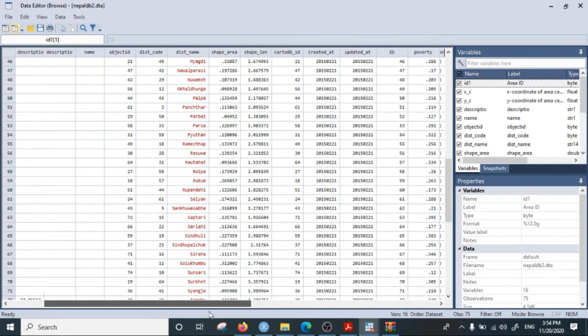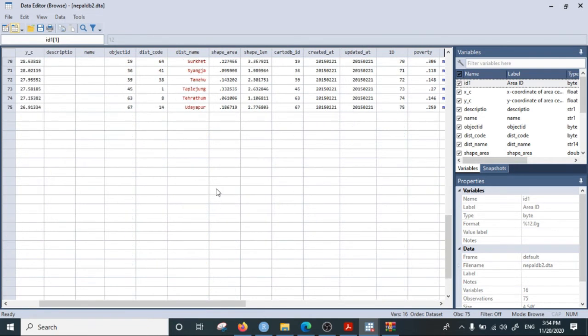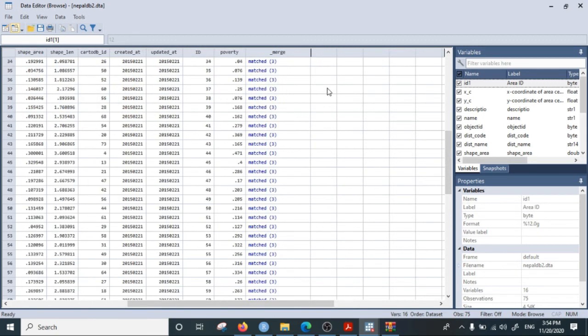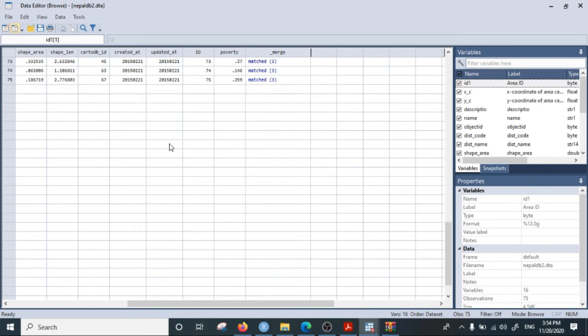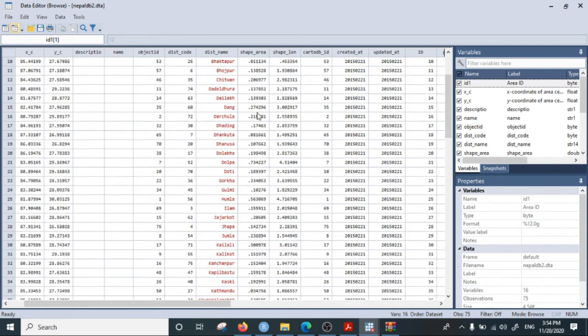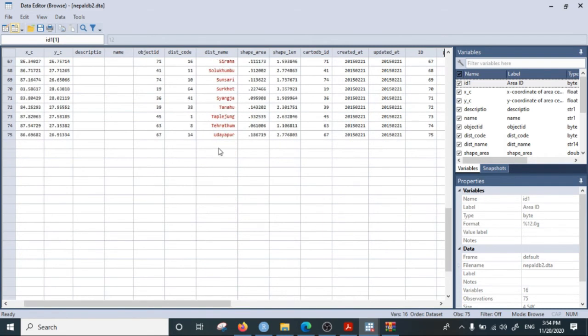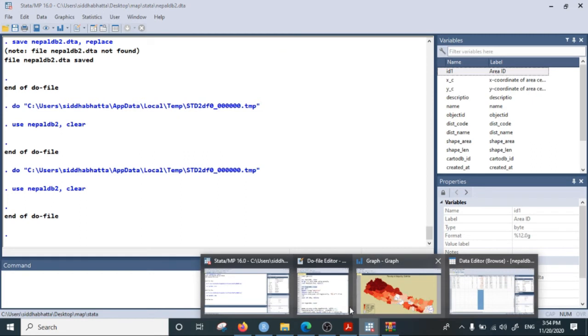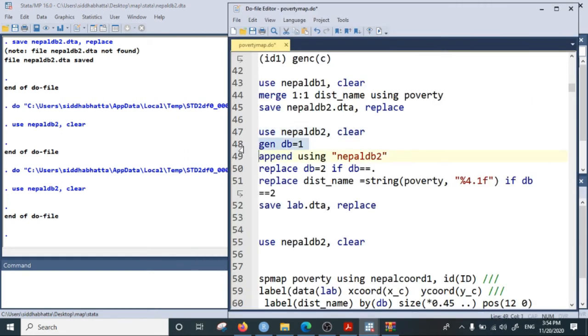Now I will copy all the observations and put them under this, and I will generate a variable called db and put 1 for the original values and 2 for the copied values. I will change the district name here by the rate of poverty. So let me do that first. The trick is to create a variable named db equals to 1,